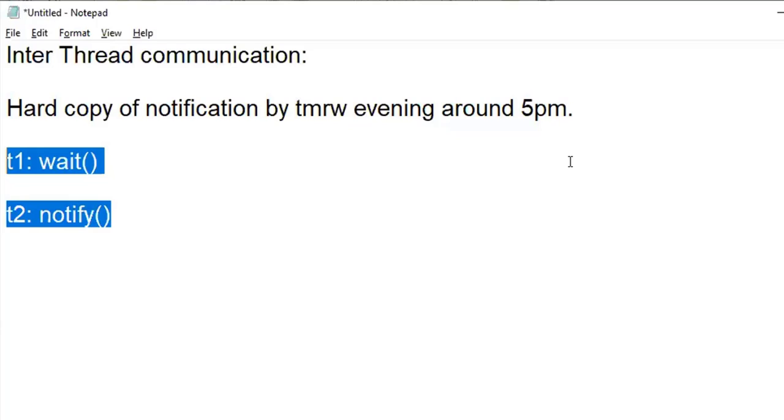Okay? If a communication has to happen in a proper fashion, then T1 should execute what is called the wait method. Wait method means he has to wait, he should not bother until he gets a sound, or until he gets a call, about that particular task of rushing towards a gate, right? Once he gets a notification, once somebody shouts his name, or calls his name, or makes a ring saying that I'm outside your gate, please receive a parcel, in that situation he will switch from the wait to another state,